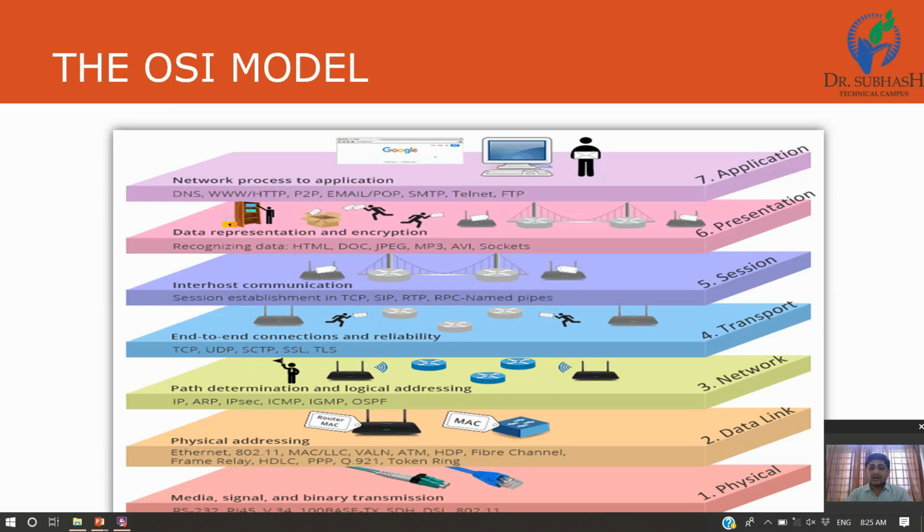We can see here. Another next one, that is the presentation layer. How your data will be represented. So see, a computer can understand only binary numbers, and whatever we are seeing, whatever data we are using, that may be in any language. That may be in English, Gujarati, or that may be in image form. So there is conversion of binary data.